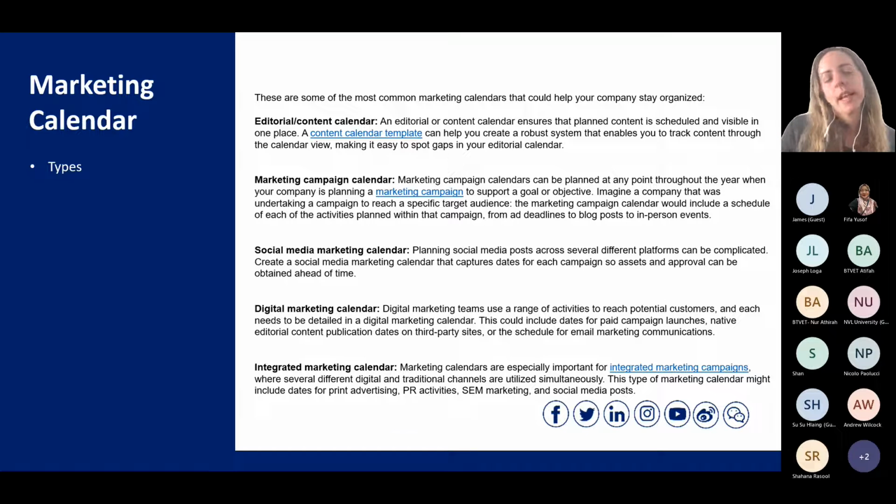So in terms of the types of marketing calendar, if you just do a Google search, you'll see that there's lots of different types. So you've got to find one that's relevant to you and what your center does, and also what's the easiest for your marketing department to use and understand. So there's different ones in terms of an editorial or content calendar. That's done more so with social media platforms. But if you are a physical center that has face-to-face students and you do advertising online, you have to put both of those concepts into your calendar, because you're not only dealing with online advertising, you're dealing with in-person